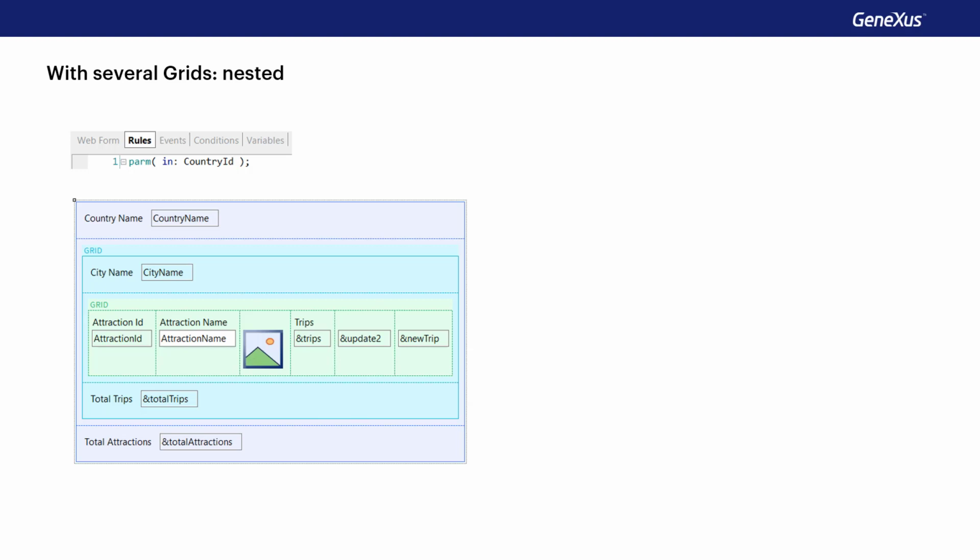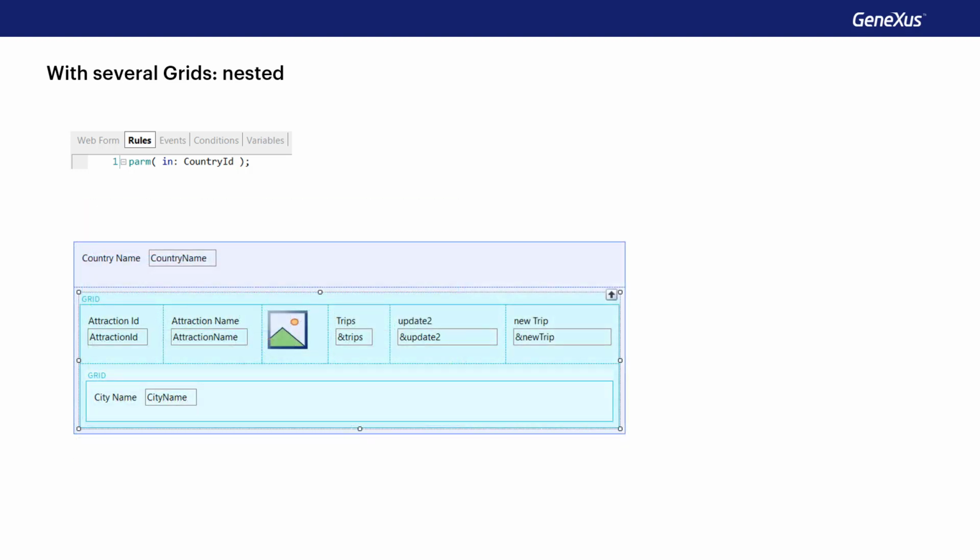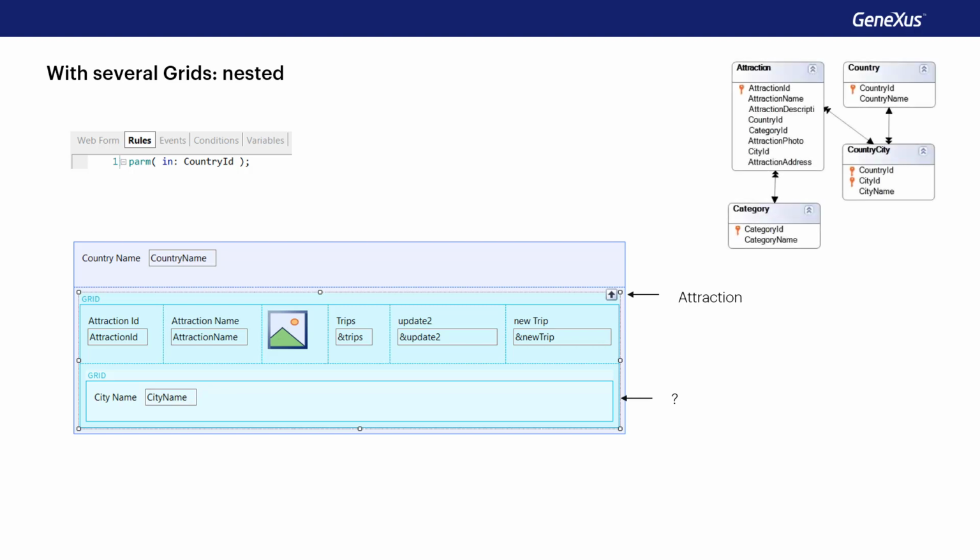For instance, if the grids were inverted, and the external grid navigated the attraction table with no base transaction specified in the internal grid, with only the city name attribute implied, and the grid being parallel, then it's clear that Genexus would determine the city's table as its base table.